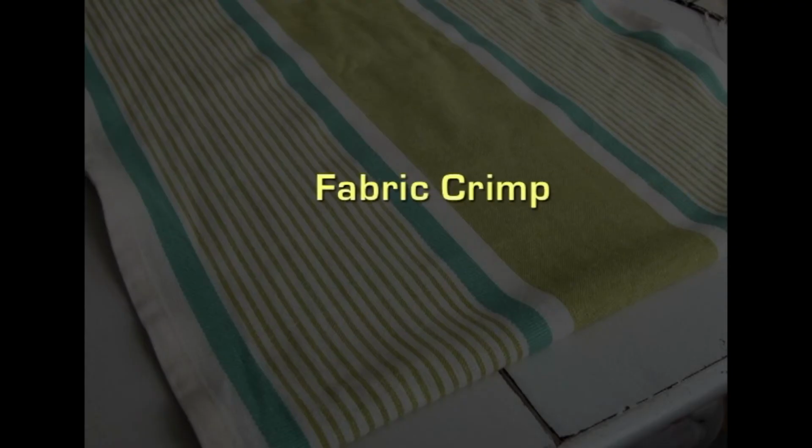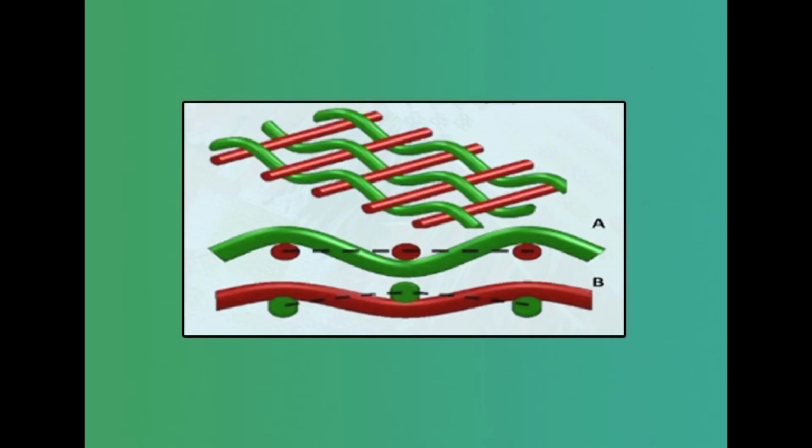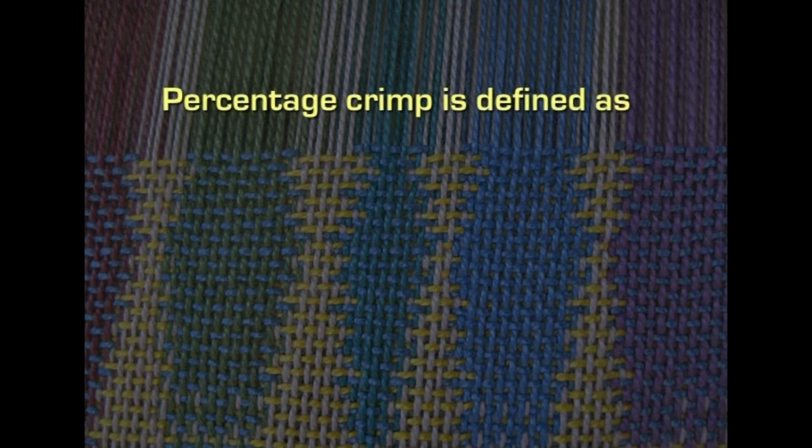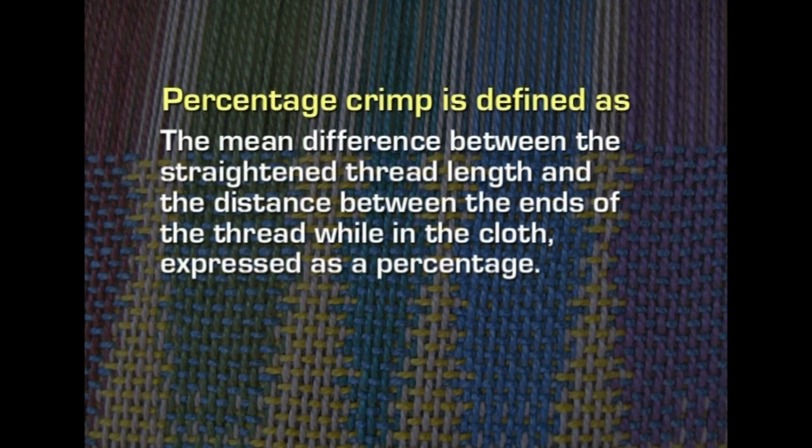Then coming to the fabric crimp, how are we going to measure it. When warp and weft yarns interlace in the fabric, they follow a wavy or corrugated path. Crimp percentage is a measure of this waviness in yarns. Percentage crimp is defined as the mean difference between the straightened thread length and the distance between the ends of the thread while in the cloth,